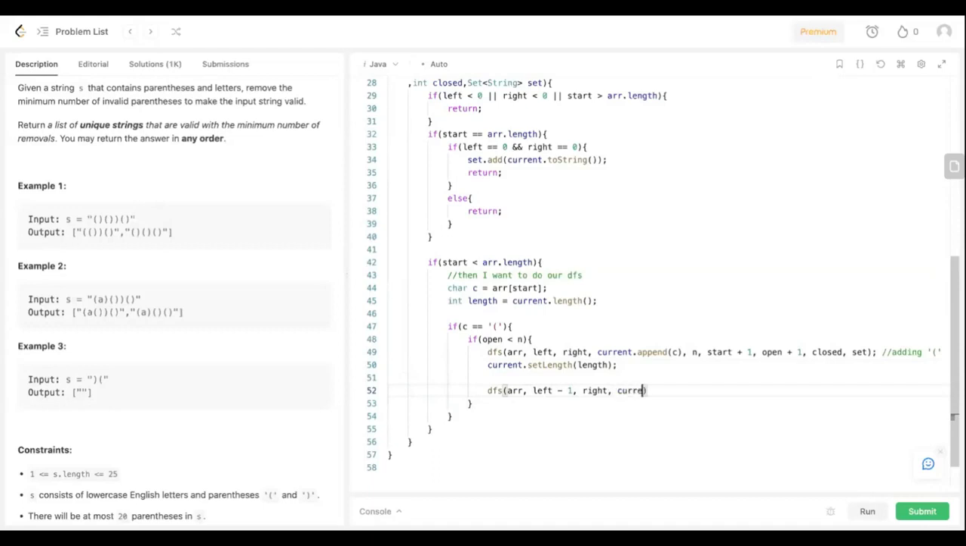And then we have current. Now we are doing nothing, right? So for current, we don't append, and we have n, and then we increase our start by 1. Open stays the same because we're not adding. Close stays the same, and then we have our set. Okay, sounds good. Else means we have reached the point where our open is at least equal to n,